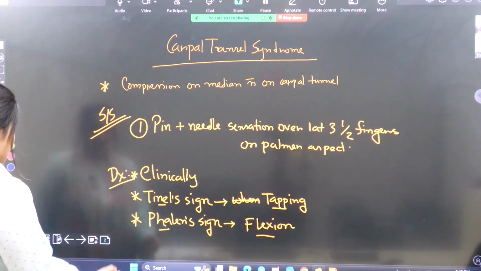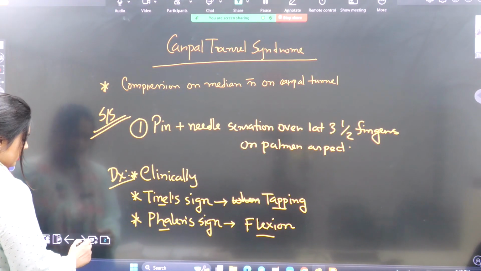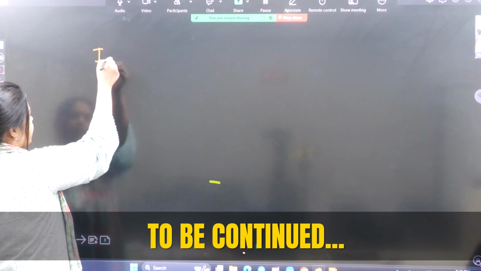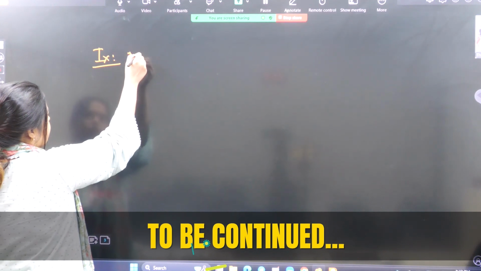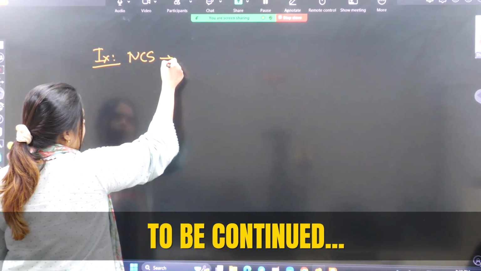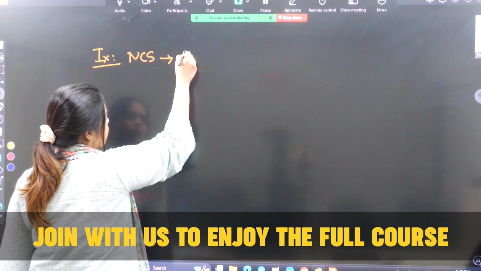Okay, and in the investigation, the nerve conduction study, what will be the result? There will be the prolongation